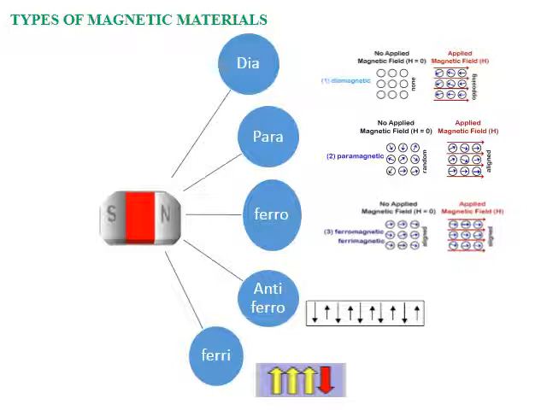Here you have a large number of dipoles which are aligned anti-parallel to each other in the absence of an external magnetic field. They will not show any magnetic property without the application of an external magnetic field. On the application of a magnetic field externally, they will show some amount of magnetization.